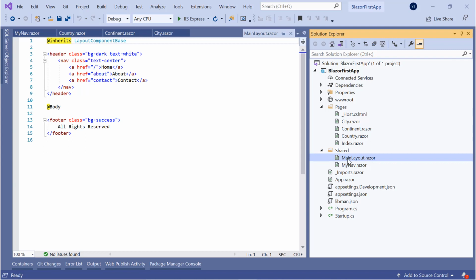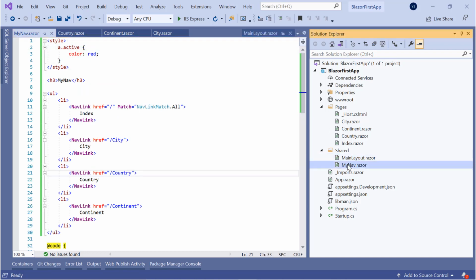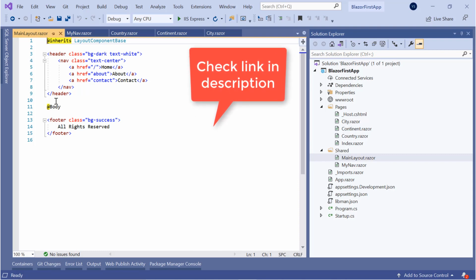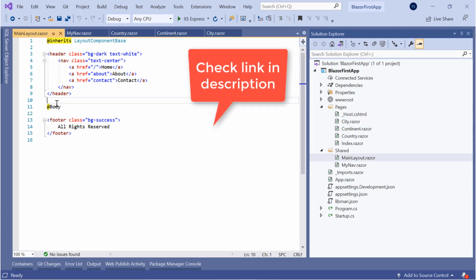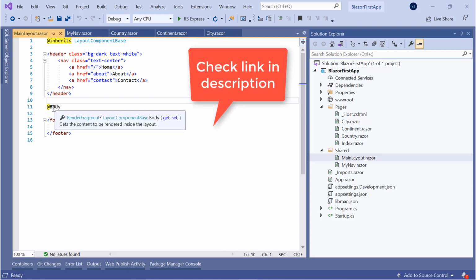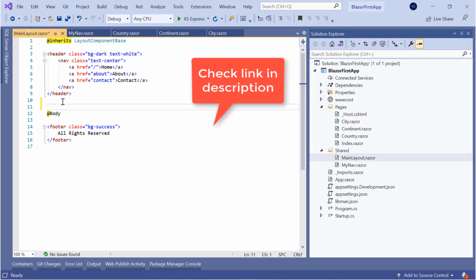I have to call my nav.razor from the MainLayout.razor component. So what I do is, here beside body I create 2 columns, and the left column will show my nav.razor and the right column will show @Body. So I create these 2 columns through Bootstrap, and this is the code.